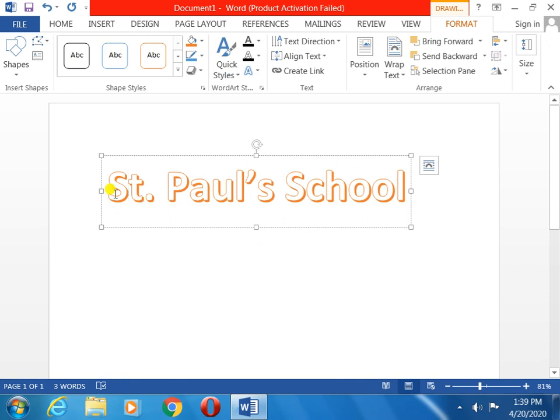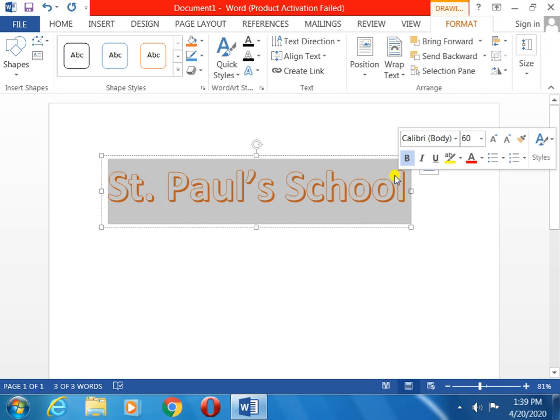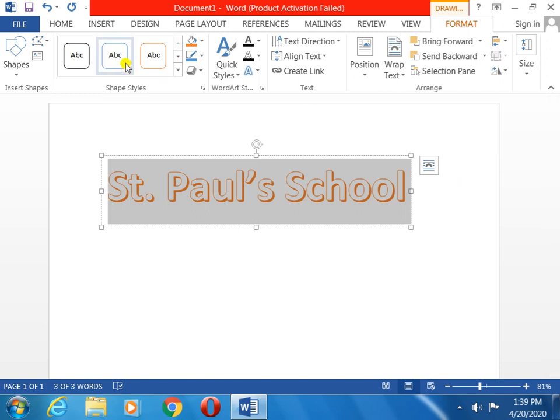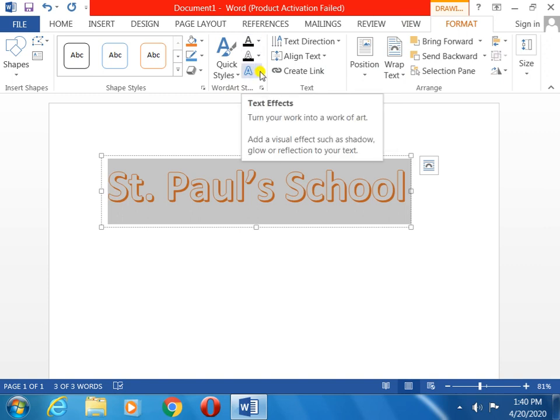Now the question is coming, how to change the format? It is a straight line. I don't want a straight line, I want to give an effect. Clear? So what to do? Select again. You can see here just above, this is the drawing tools, the WordArt Styles. We have learned the text fill, then text outline. Now one more option you will see, the text effect. You will click on this option. I think you can see the WordArt Style text effect. I am saying only this one.